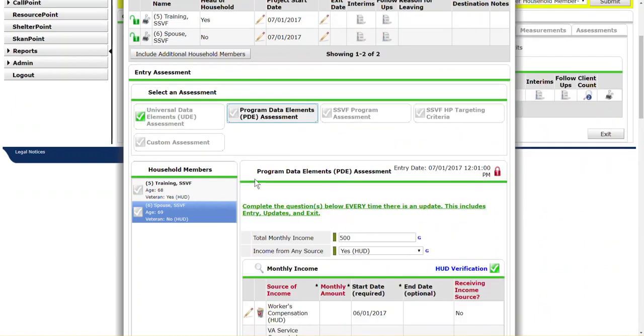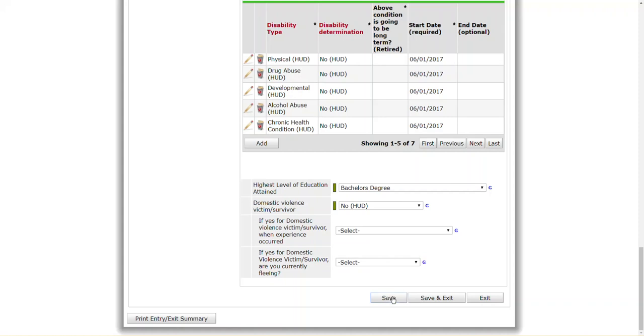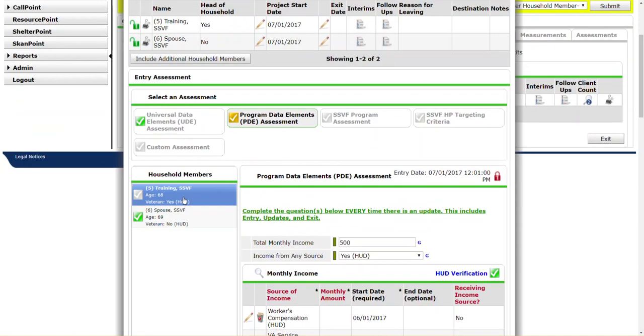Once again, we want to make sure that all this information is filled out. And this has all been pre-populated for the training for the sake of expediency. Now, I'm currently on the veterans profile here, and there are a couple of notes for SSVF programs that are important. So the first is that for income,